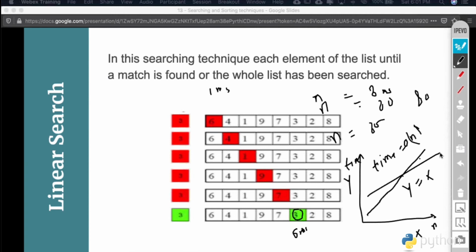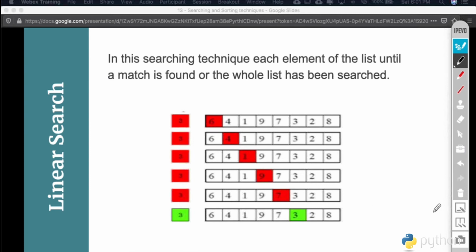It's completely understandable that if you increase the number of elements, the time taken by the algorithm will also increase. And as we can see, the power of n is 1, so we call it linear, and that's how linear search got its name. It's not that it has a linear session. It got its name because of its time complexity. When we calculate the time complexity of this algorithm, it comes in linear order in terms of the input size, and that's why we call it linear search. I hope the procedure is clear. It's not rocket science. It's a very simple thing.